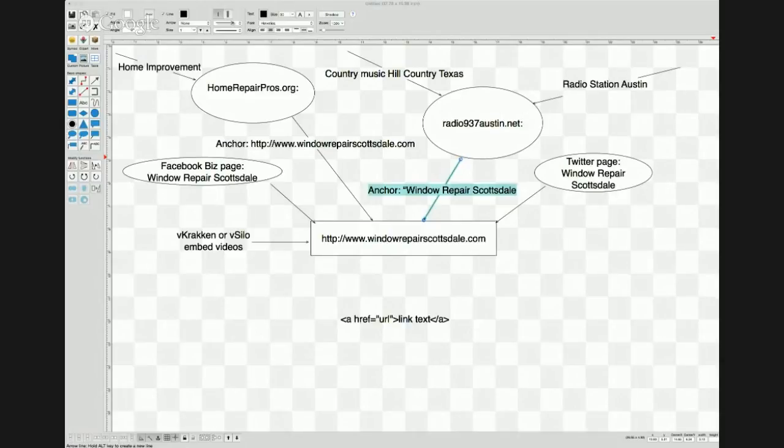Oscar, what's the difference between vSilo and vCracken? vSilo builds out static pages, so it's a way to create your website architecture. vCracken is something that runs every so often. You can define how many hours or days it takes between times it runs, and each time it runs, it will create a new post. So if you have it set up to run every 4 hours, it will create a new post for you. That's what vCracken is. They're both plugins though that work on WordPress, and they're both built by the Network Empire team.